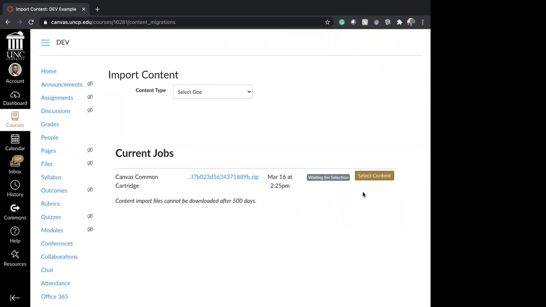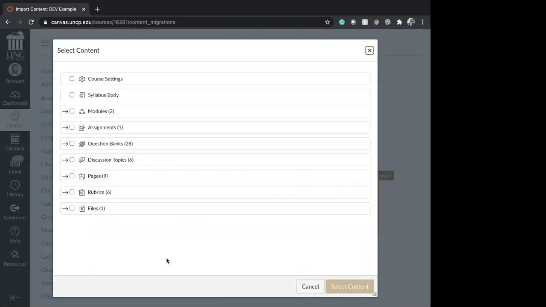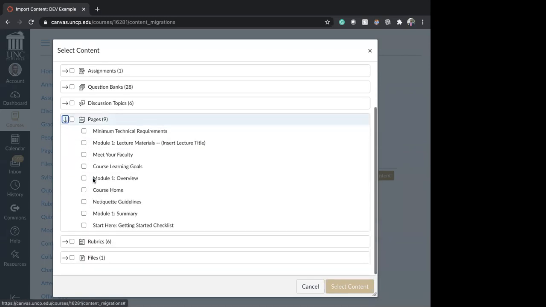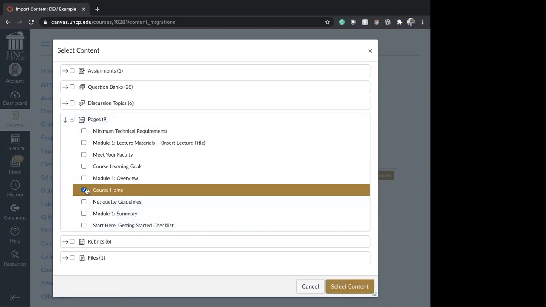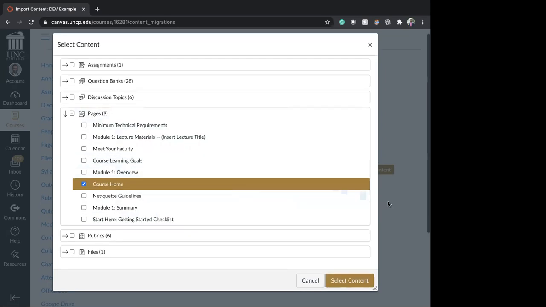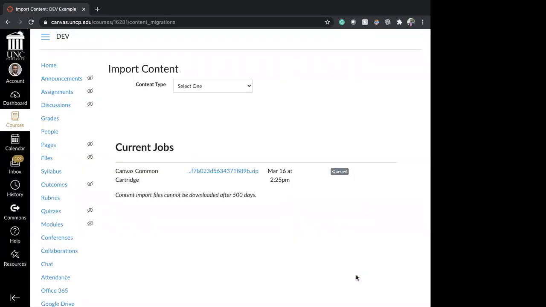Now, you'll notice this select content button. It's waiting for my selection. So if we say all I want is the home page, you can notice that here's all the content laid out. There's question banks and all this kind of things. But all we want is one page. So I'm going to click this down arrow here, and all we want is the course home. That's what it's called. So if I just click course home and select content,